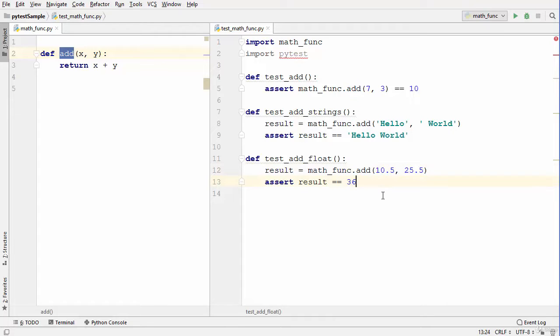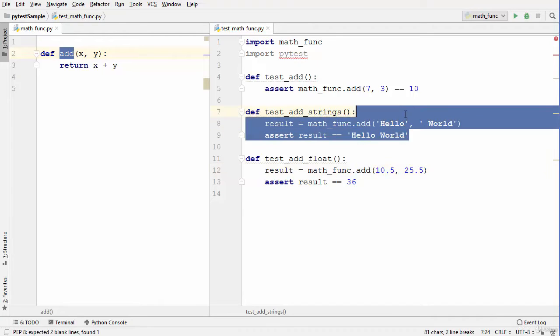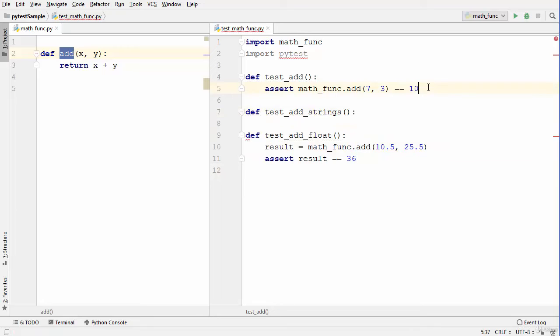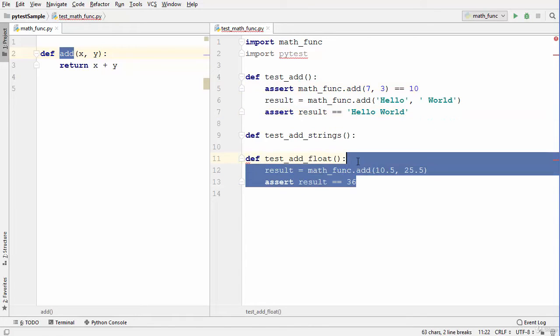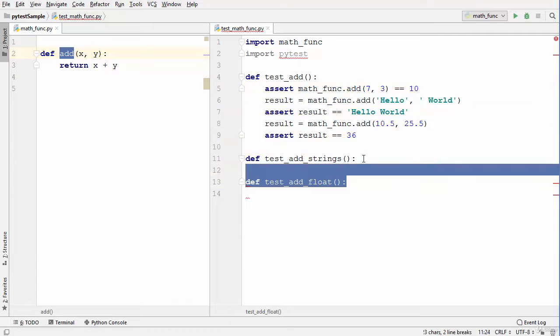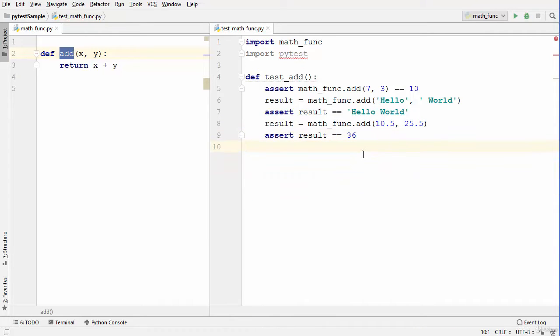Now one thing which you will notice here is I am using the same add function three times in all these three tests. And there has to be a better way in which we just need to call this add function only once. Now you can say, why do we need three functions? I can just write three asserts in the same function, and I can remove the other two test functions. This is okay, but still I have to call this add function three times to test it with numbers, strings